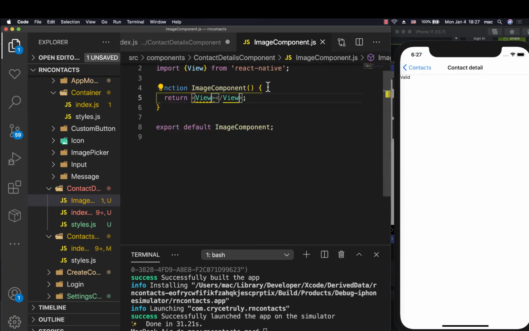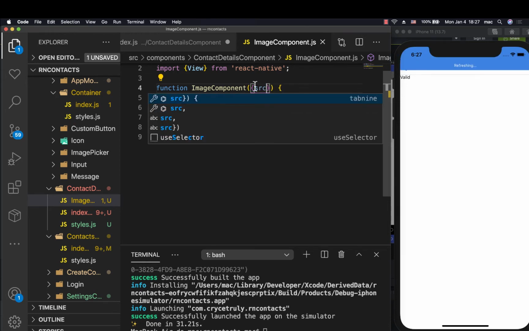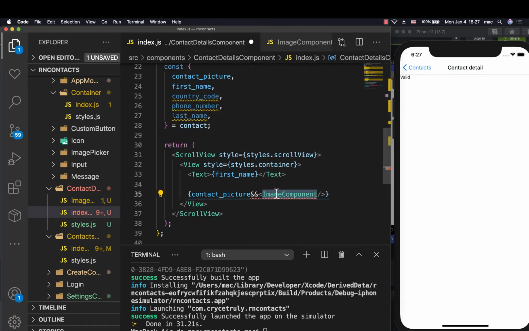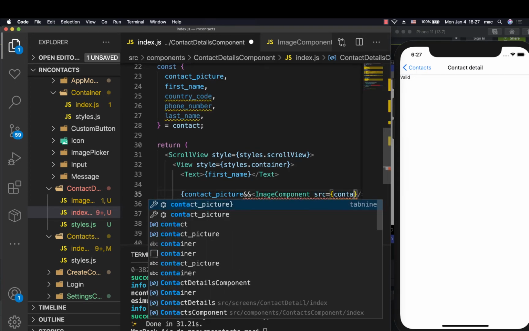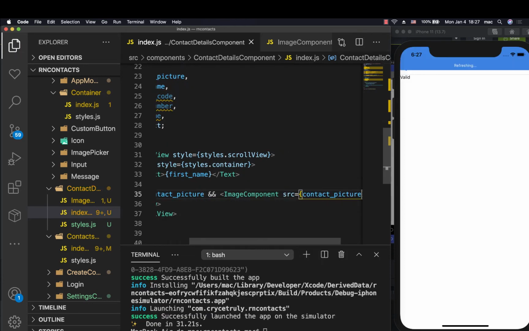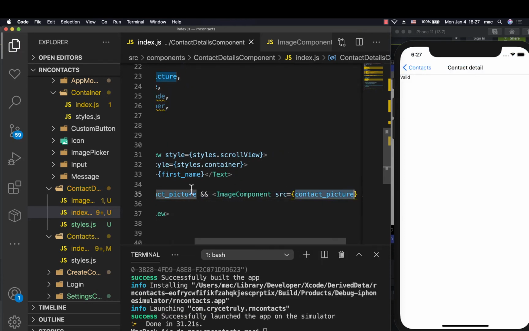Okay. Then it's going to be getting the source. So here we can now say the source that we want to show will be the contact picture. So contact picture. Okay. So now when we have this, we can go to our image and make sure we are